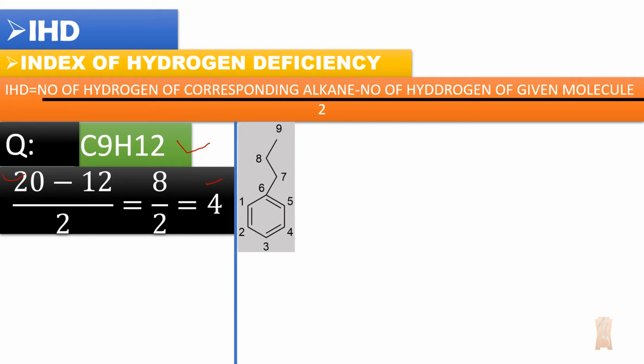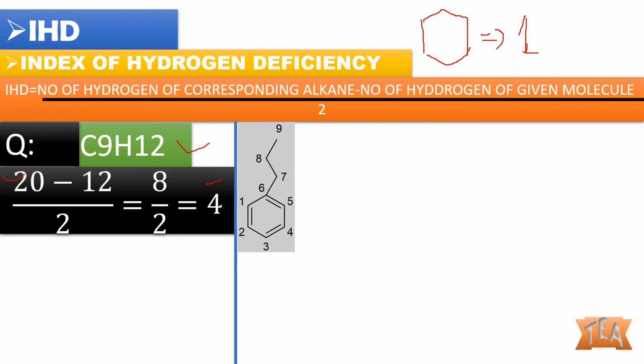There are some isomers. This is one of the isomers of this molecule. You can see here there is a ring. So a ring corresponds to 1 IHD, right? Any type of ring. Let's suppose this is cyclohexane. What will be the IHD of this ring? It will be 1, right? Similarly, it could be cyclopentene, cyclopropene, cyclobutene, cyclobutane or cyclopropane, whatever. But if there is a ring, it means that 1 IHD is necessary.